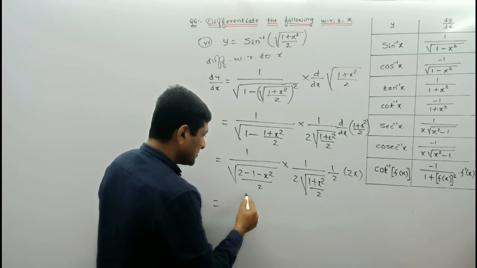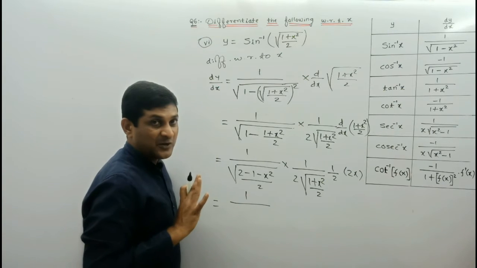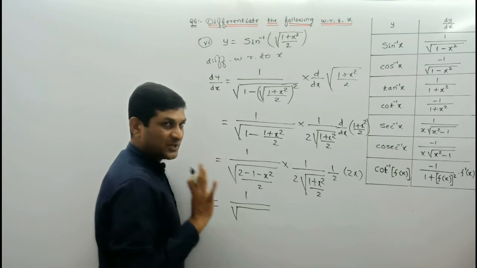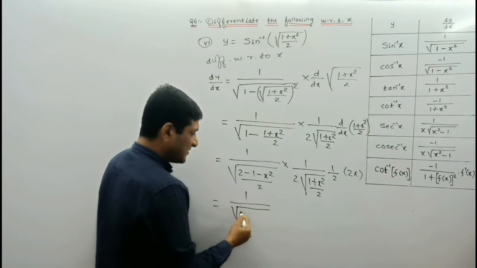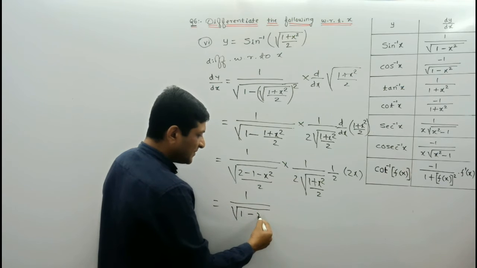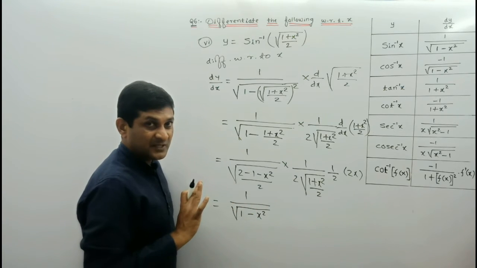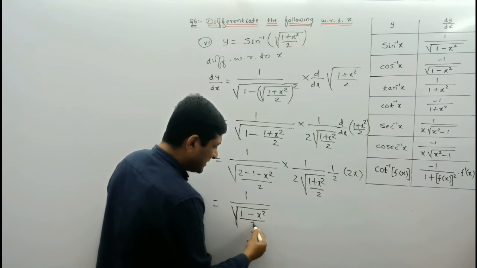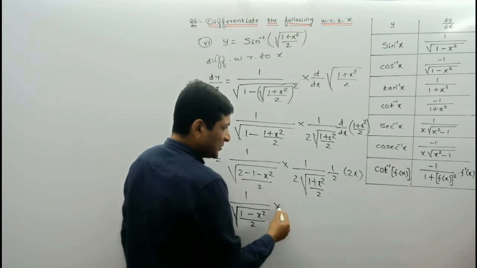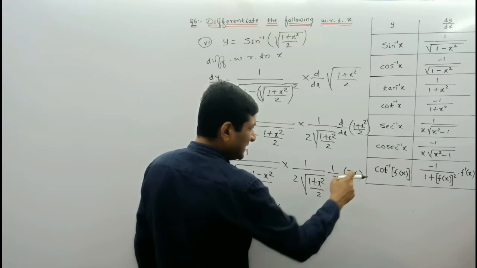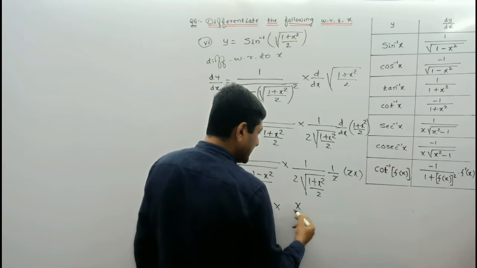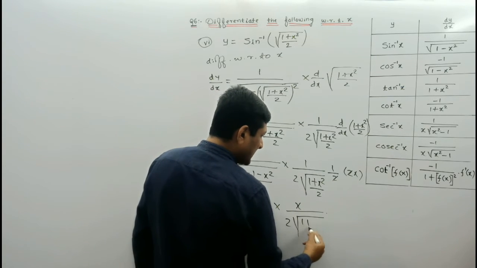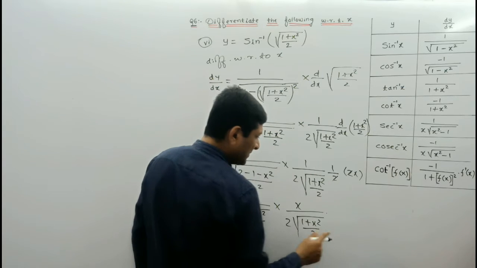So which is equals to 1 upon. Now observe the calculation very carefully. So here under root, keep it as it is. Root, keep it as it is. Here 2 minus 1 will be 1. Minus x square, keep it as it is, and again observe the terms very carefully. Otherwise keep this 2 also as it is. In the root, keep this in the denominator 2 also as it is. Into here this 2 and 2 will get cancelled. X into 1 will be equal to x upon, keep this 2 as it is, under root 1 plus x square upon 2, isn't it?